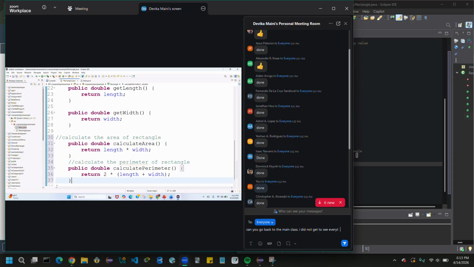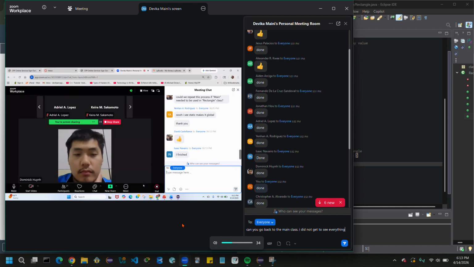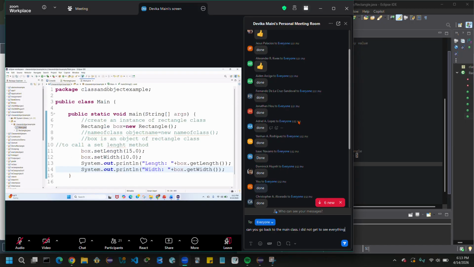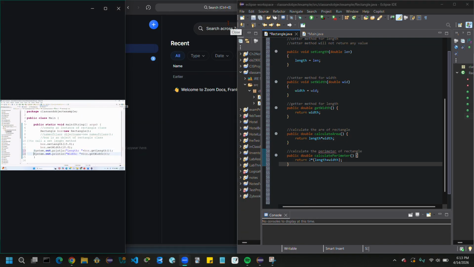Any questions, any confusion so far, anyone? And everybody got this done? I understand the rectangle part, but for main, when I did it on my own or just copied it like you did for main, it said an error, multiple markers at the same time, it cannot be resolved into a type.